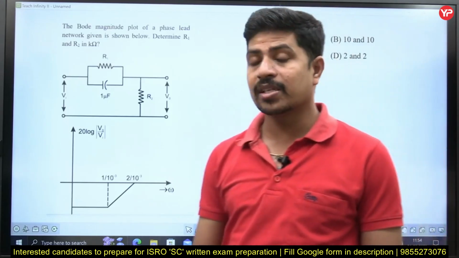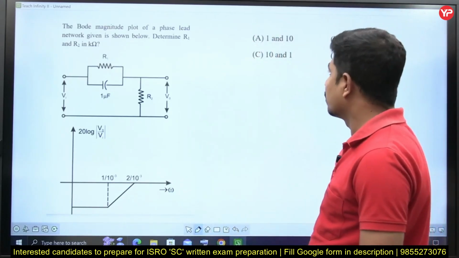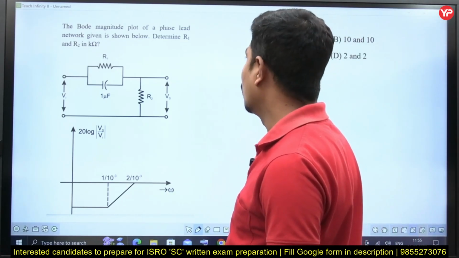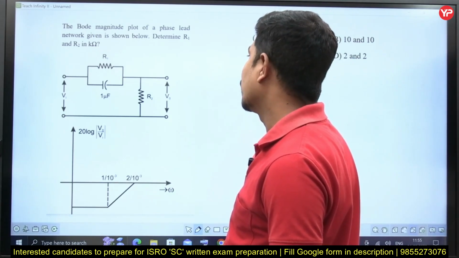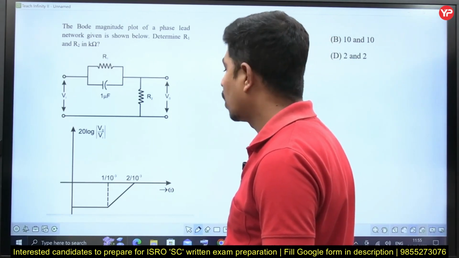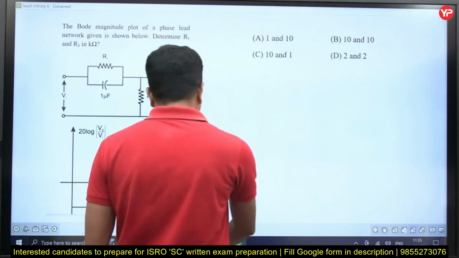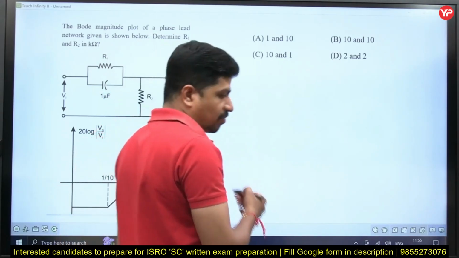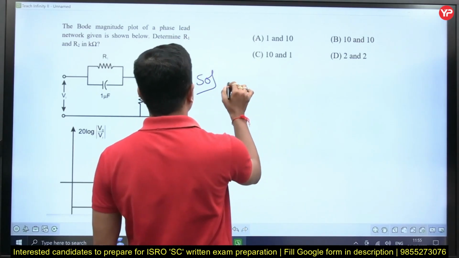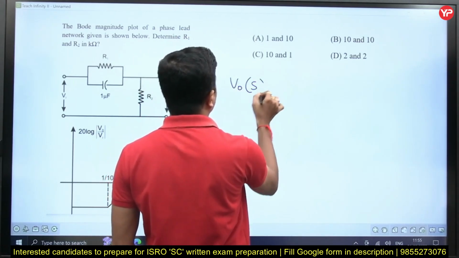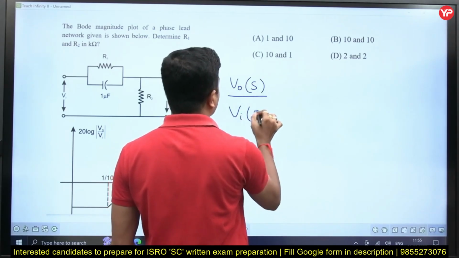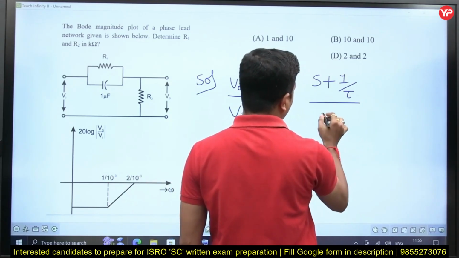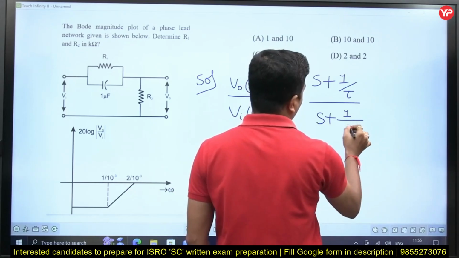This question is a good one, but you are going to solve it very simply. The Bode magnitude plot of a phase lead network is shown below. Determine R1 and R2 in kilo ohms. What is the standard transfer function of this phase lead compensator? It is Vo of S by Vi of S equal to S plus 1 by tau over S plus 1 by alpha tau,